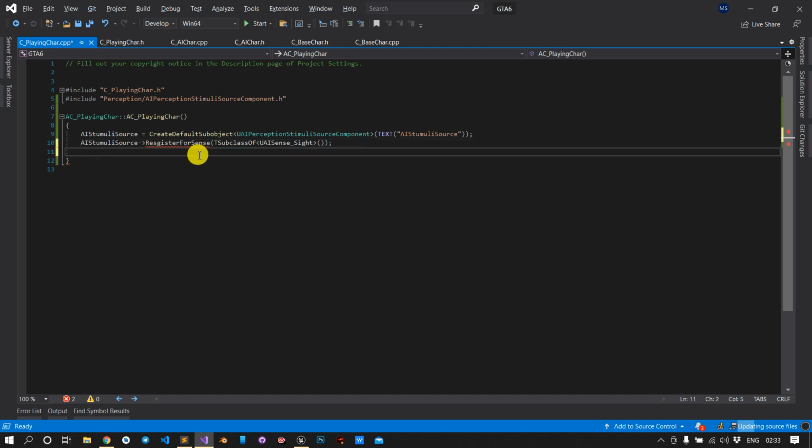Now we have registered it for the senses. Now we have to register this in the perception system. For that we call the AI stimuli source's RegisterWithPerceptionSystem.